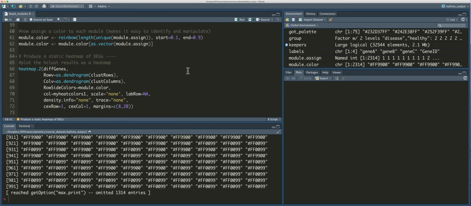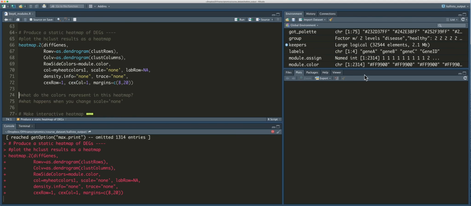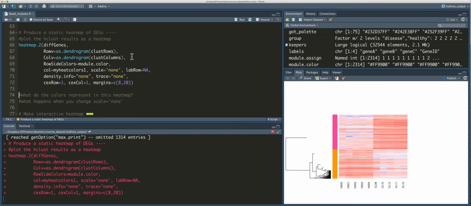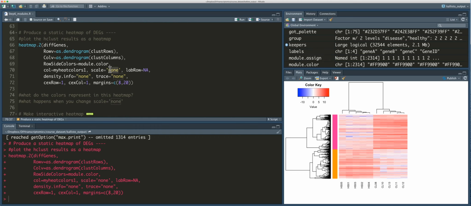All right, so let's just run this now. Enough talking. Let's see what this heat map looks like, and then we'll review some of these things that we did. So the first thing to point out is this heat map looks really weird. There's not a lot of blue here, right? And that's because I have scale set to none. It is plotting exactly the data that I passed to it. Log2 expression data for all